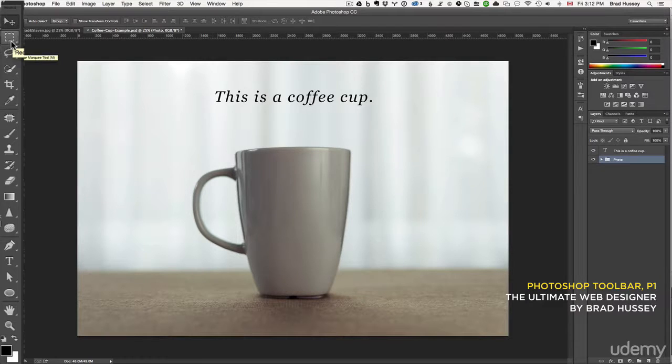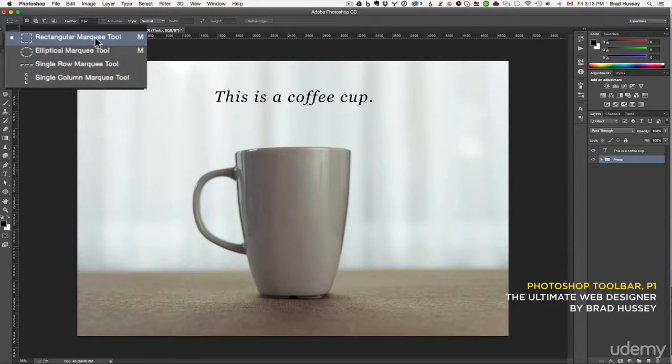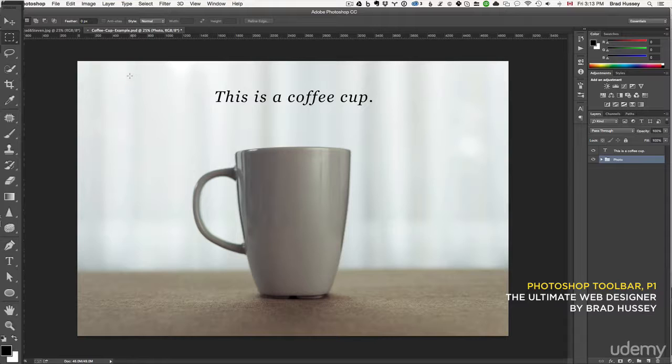This is called the Rectangular Marquee tool, and you'll see in the bottom right corner there's an arrow. That means there are more options in this button. If I click and hold that, you can see the other options available. So there are other marquee tools: rectangular, elliptical, single row, and single column. The Rectangular Marquee tool just lets you make a selection. So here I'm going to make a selection, and you can drag that selection around, or you can draw a new selection